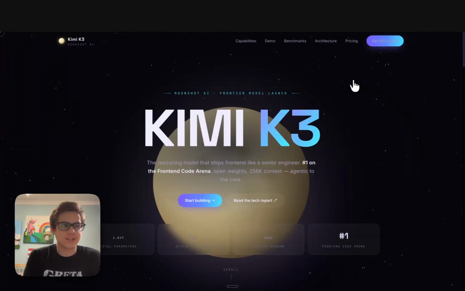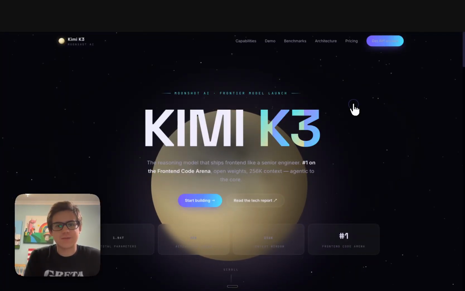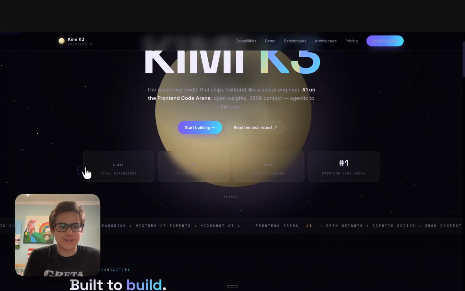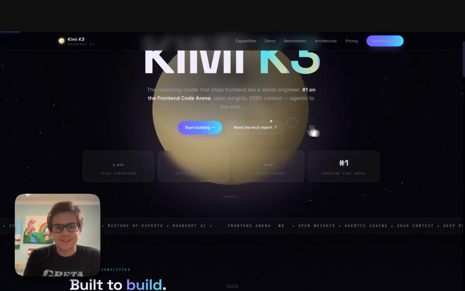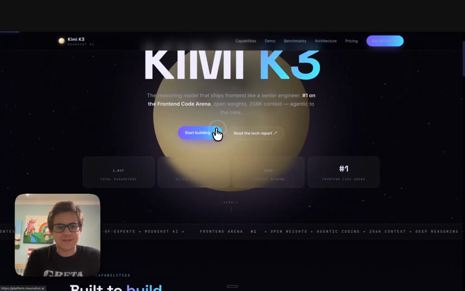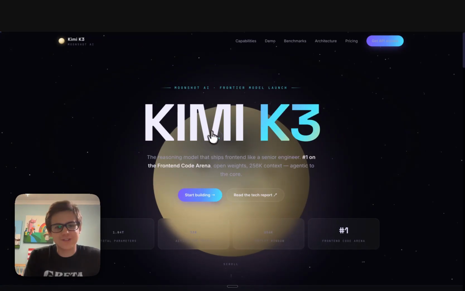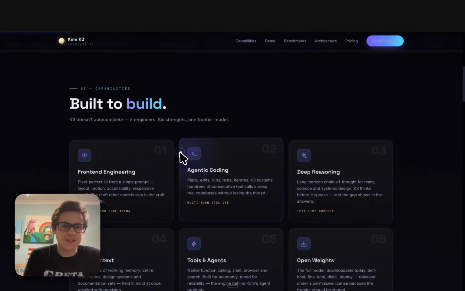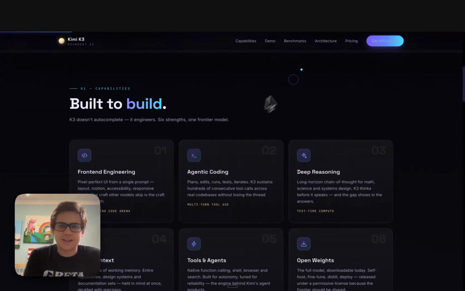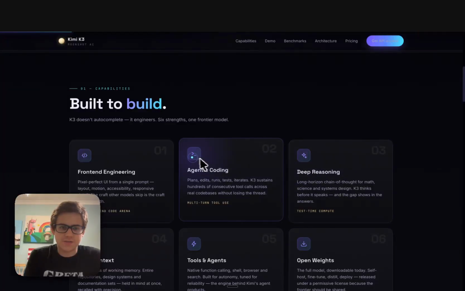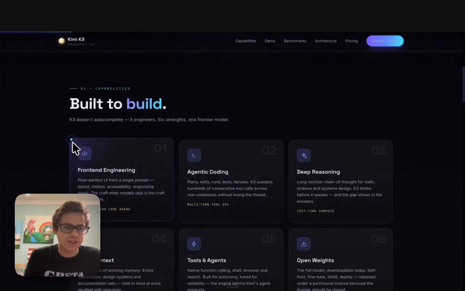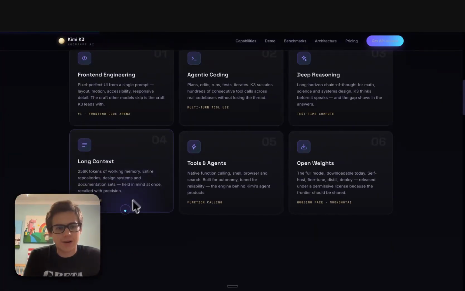As perfect timing, the Kimi K3 website has opened itself for me. So I actually quite like this, I'm not going to lie. Okay, I like this little interactive, I don't know, well, moon I guess it's meant to be because it's a moonshot. Okay, this is cool, I like this. Capabilities. I mean, it has some of these, I wouldn't call them AI slop, but these kind of beveled boxes and little symbols are quite standard AI. But I like this